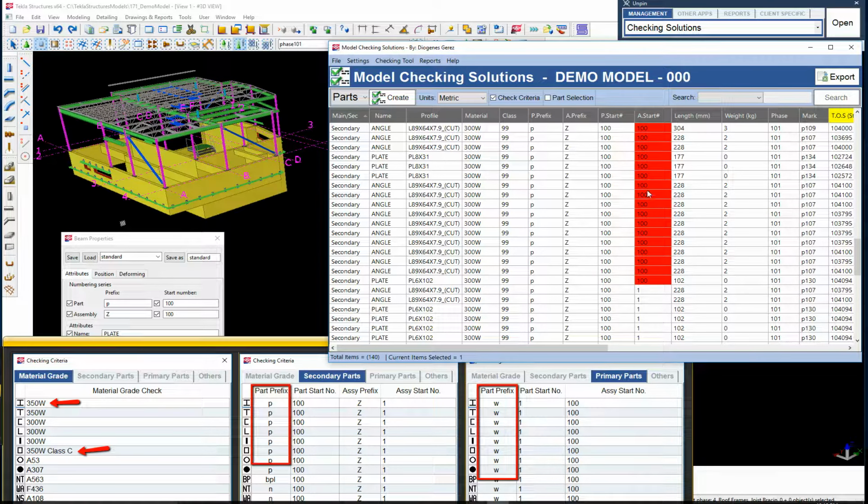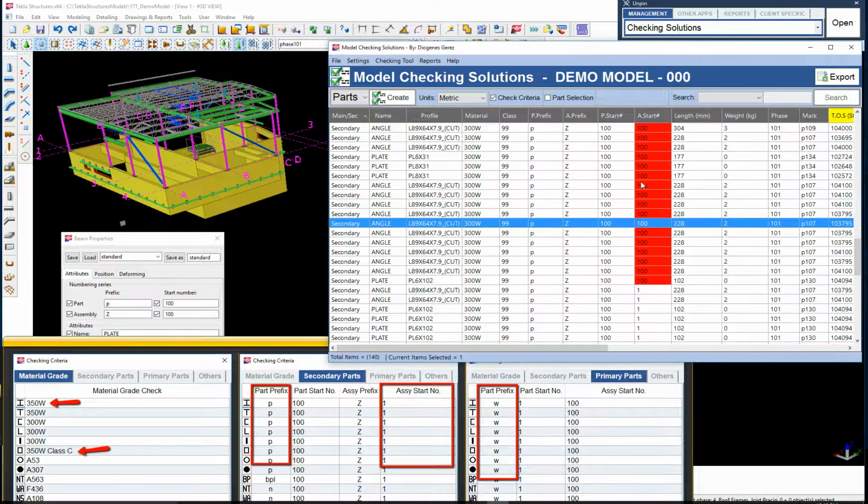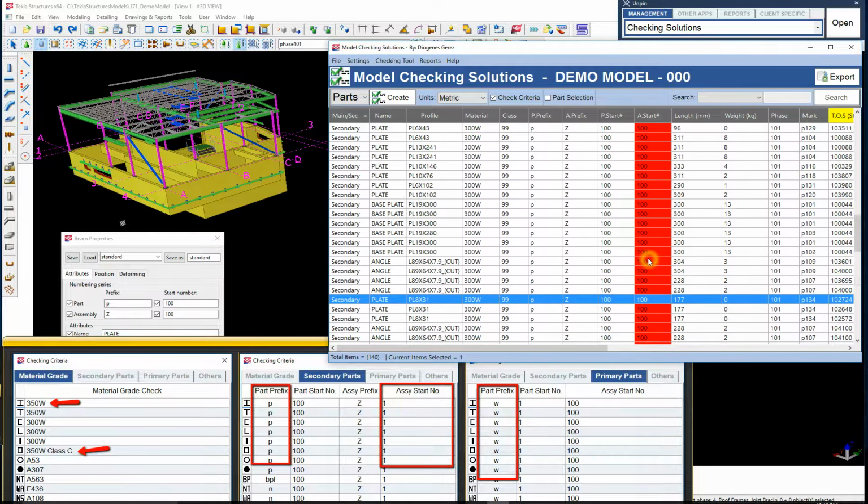And as well, the secondary assembly start number is set to 100, but in my model the assembly start number is set to 1. So again, it's very clear that some of the modeling